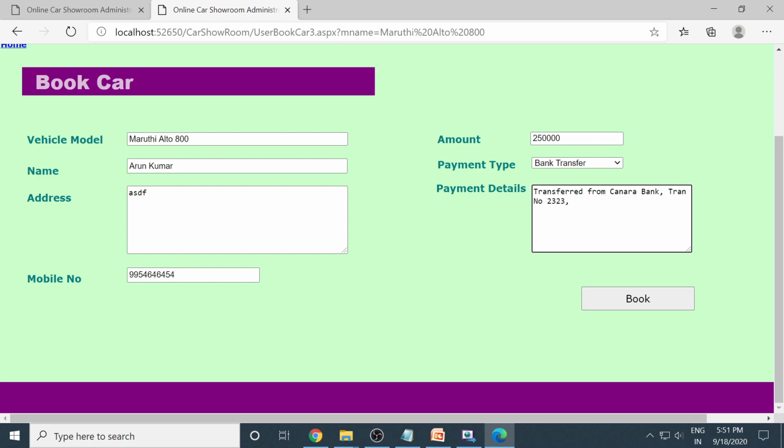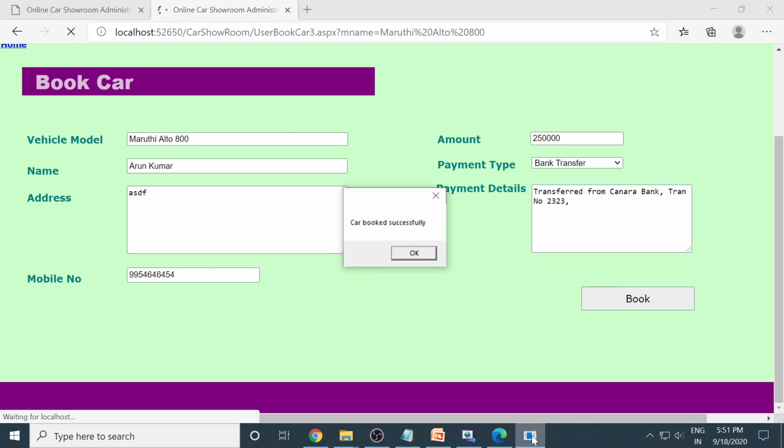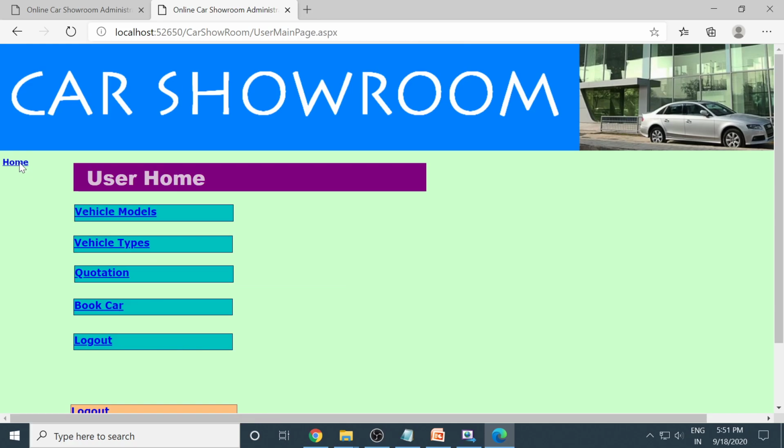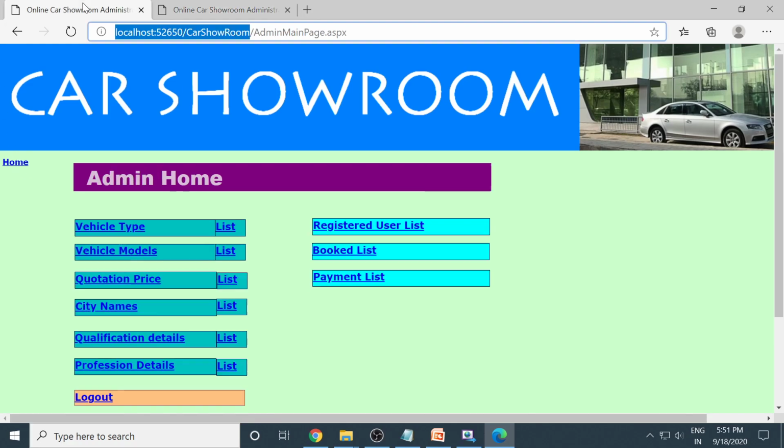What the transaction date is and all, we can write in the details. As I told, it is a dummy payment, only indicative that you have made the payment. It represents that you made a payment, but in real time you need to make a real time payment. That is, we need to implement the gateway, and real time payment will occur, so the showroom will get the money. But here, it is only indicative.